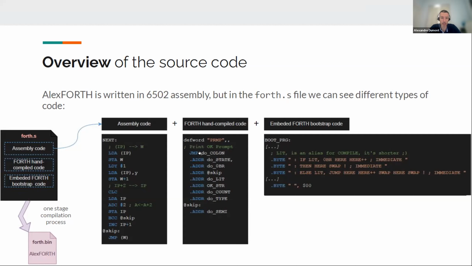You can also find some hand-compiled Forth code. So basically there's the jump to the do colon word, and then it's all the addresses for the other words. And also there was a big string embedded in the code with the definition of all the new words. I call this the embedded Forth bootstrap code. And everything was in a single file. When you build the source code, it would generate one binary, which is called forth.bin. It was a one-stage compilation. And as a result of this,